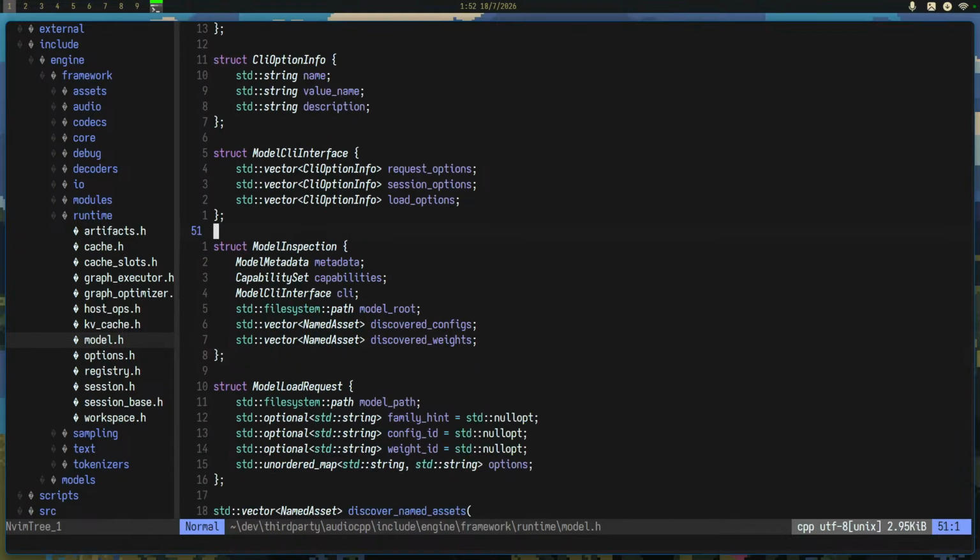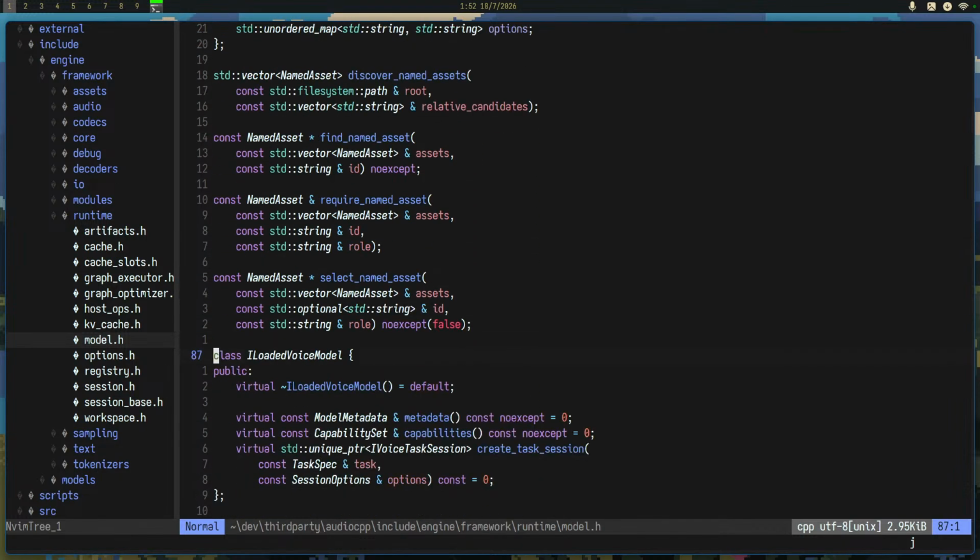So where does the inference actually take place?